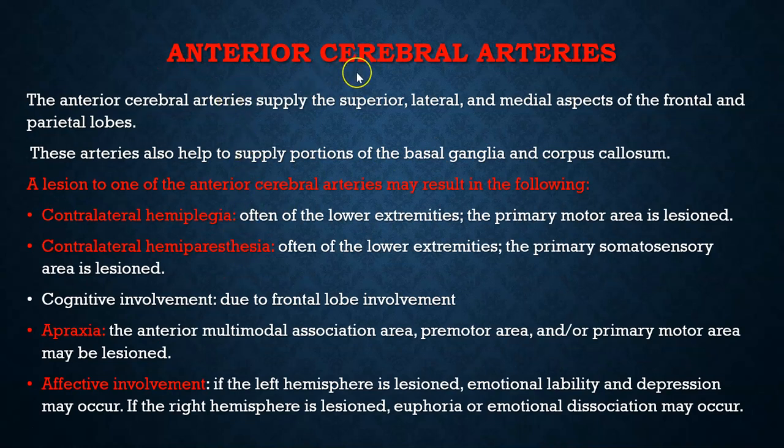For the ACA, we discussed that in the table format. It's a little bit more explained in this slide. The ACA is supplying blood to the superior, lateral, and medial aspect of the frontal and parietal lobe. The lesion of ACA may result in contralateral hemiplegia and apraxia, cognitive and behavior problems,